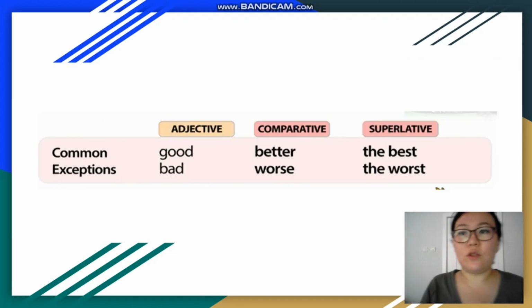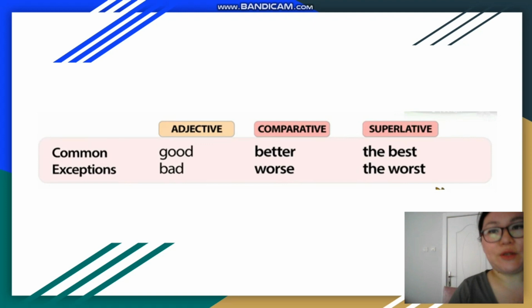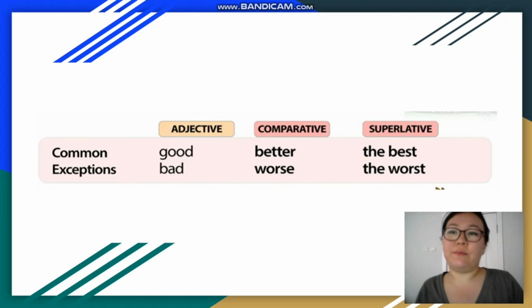Next, of course, there are always exceptions. In English, the common exceptions are the adjectives good and bad. With good, the comparative form is better, and for the superlative form, we say the best. For example, you are a better singer than John. Yes, we don't say more good. No. We don't say gooder. No. We say better